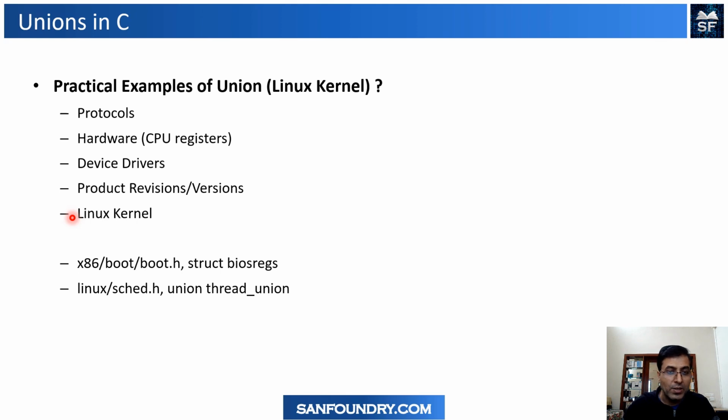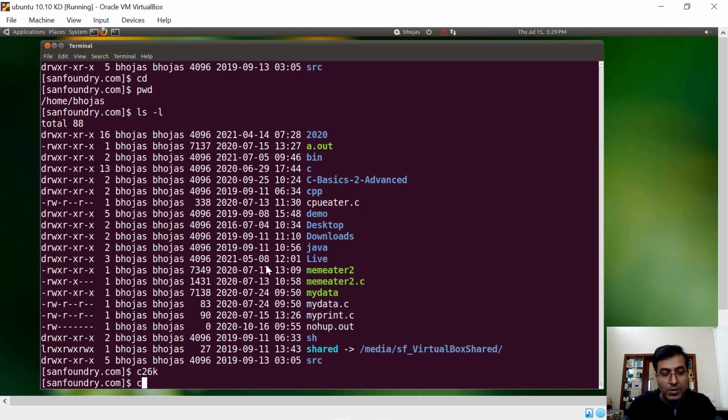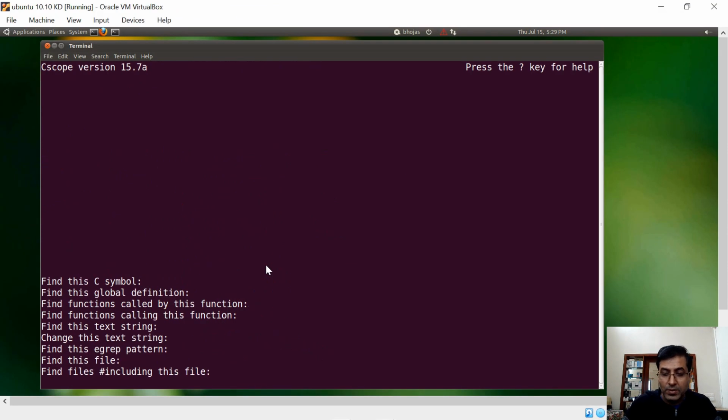So let's not waste more time on this. We'll go back into the source code of the kernel and we'll look into the structure, which is BIOS registers. Now, these are few examples actually, but we will just quickly have a code walkthrough in terms of union. So we'll have one example where I said BIOS register.